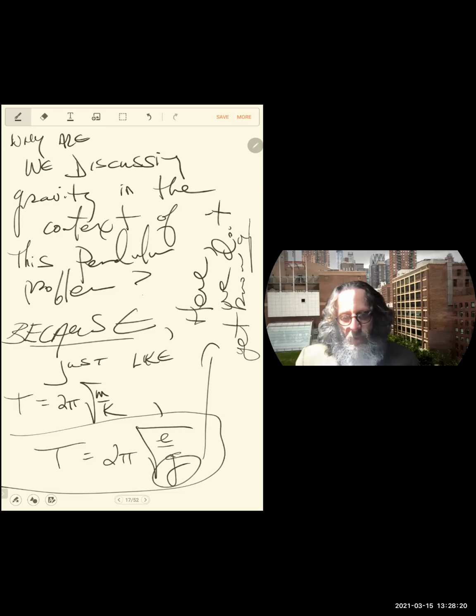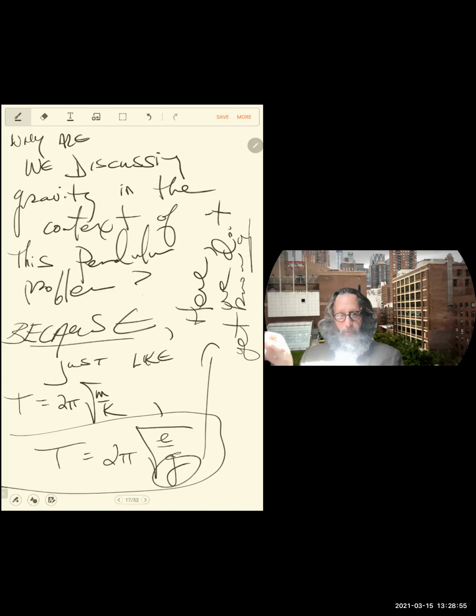What I'm really trying to say is that one of the more straightforward, simple ways to learn what that g is, 9.8, is to use a pendulum: measure the period of a pendulum and infer backwards. Since it must be 2 pi square root of L over g, if we get the period T, then we can square both sides and get g from that. I'm really trying to say that when I ask you for frequency or period